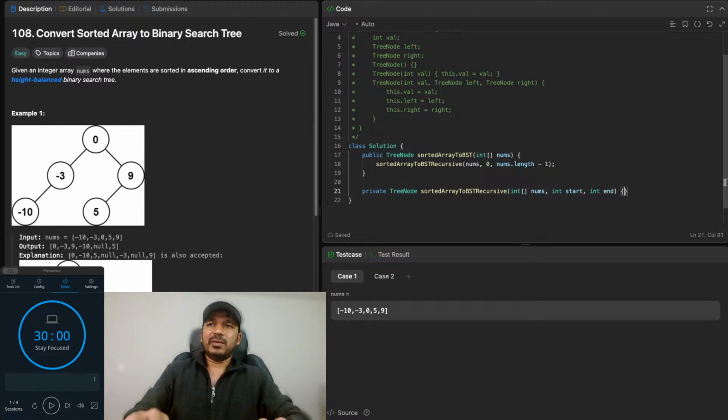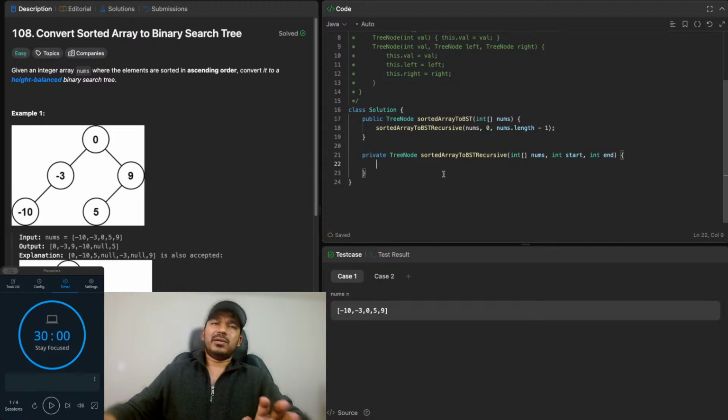This is nothing like finding an element in an array using a binary search. We divide and conquer there, right? In the same way we can keep dividing. As I said, once I get the middle element, I'll use all the left side elements in order to build the left side tree, and I'll use all the right side elements in order to build the right side tree, and I'll follow the same procedure again. So what I can do is, if start is greater than end, then I'll just return null,